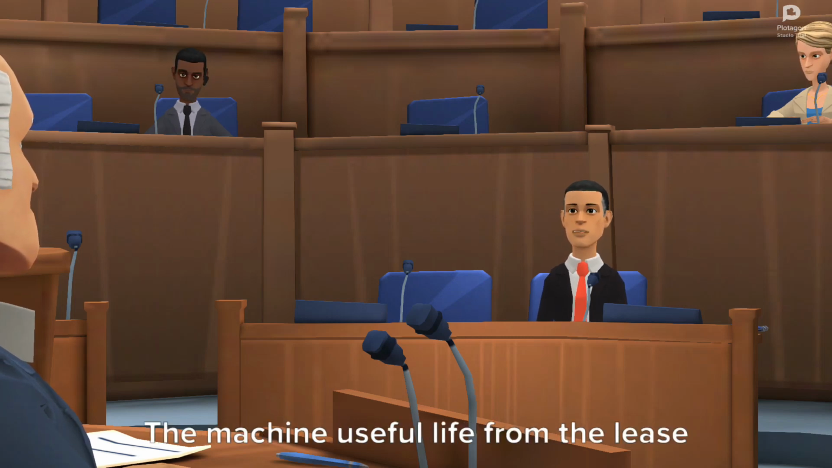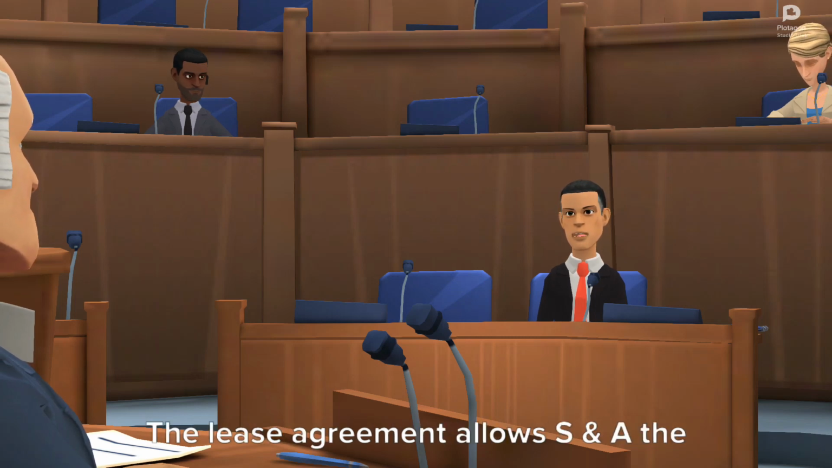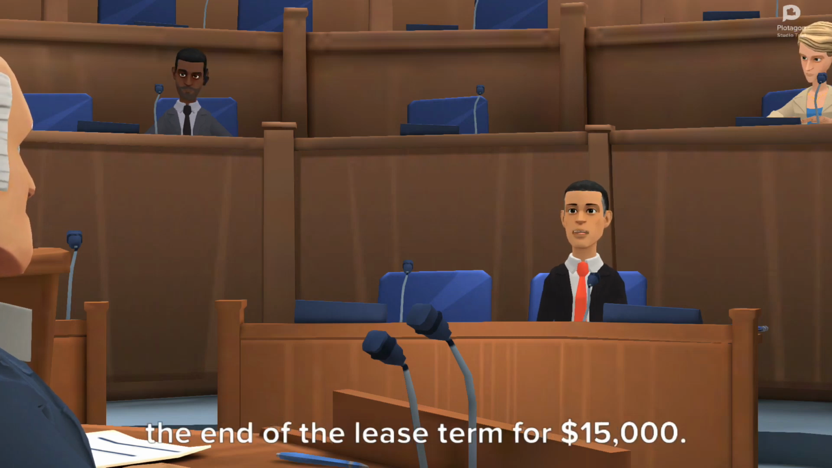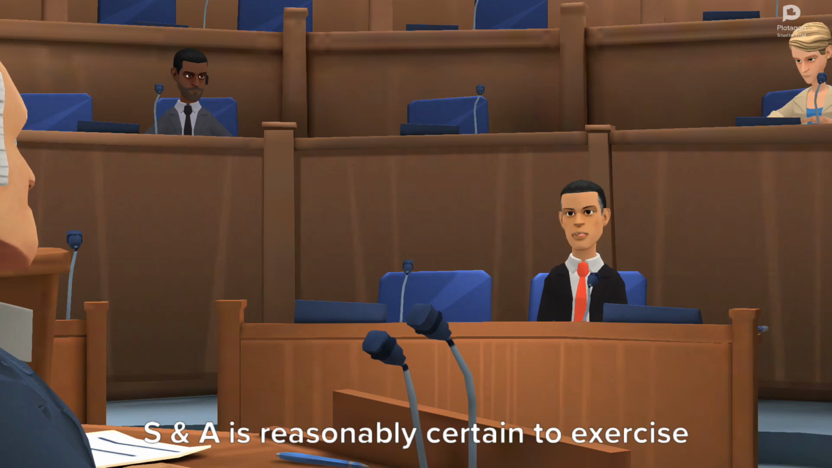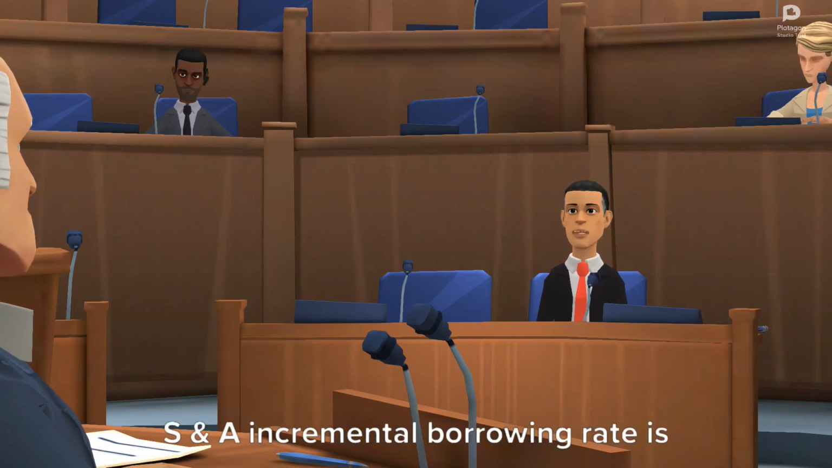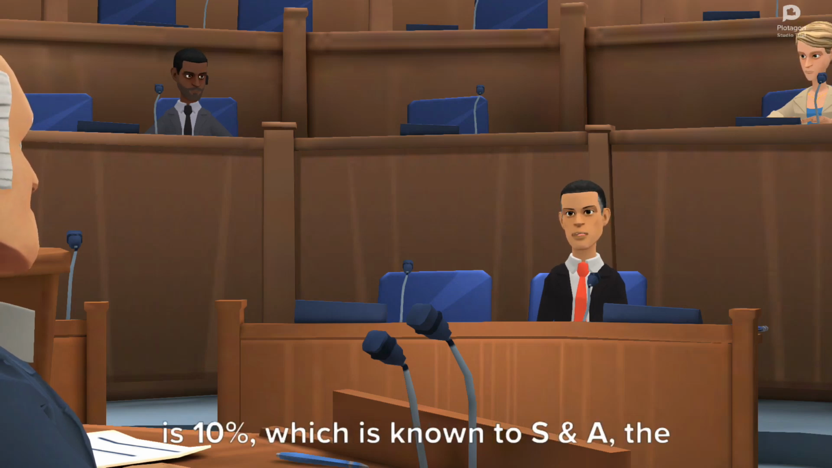The machine's useful life from the lease commencement date is 5 years. The lease agreement allows S&A the option to purchase the machine at the end of the lease term for $15,000. S&A is reasonably certain to exercise the purchase option. S&A's incremental borrowing rate is 15%, but the rate implicit in the lease is 10%, which is known to S&A, the